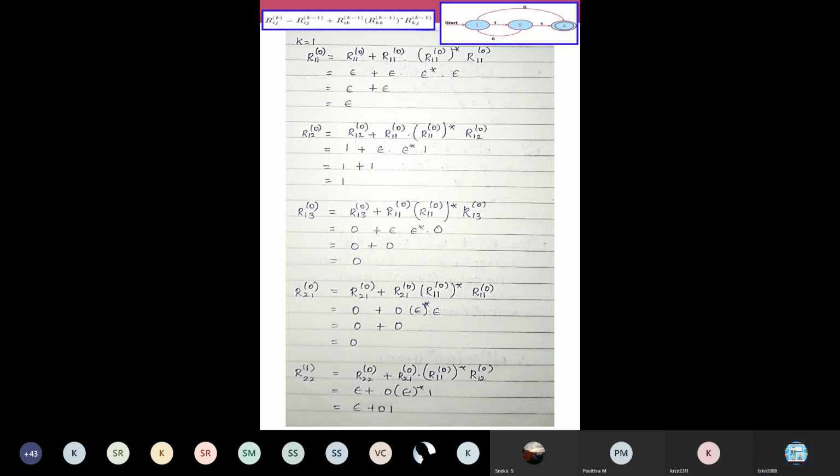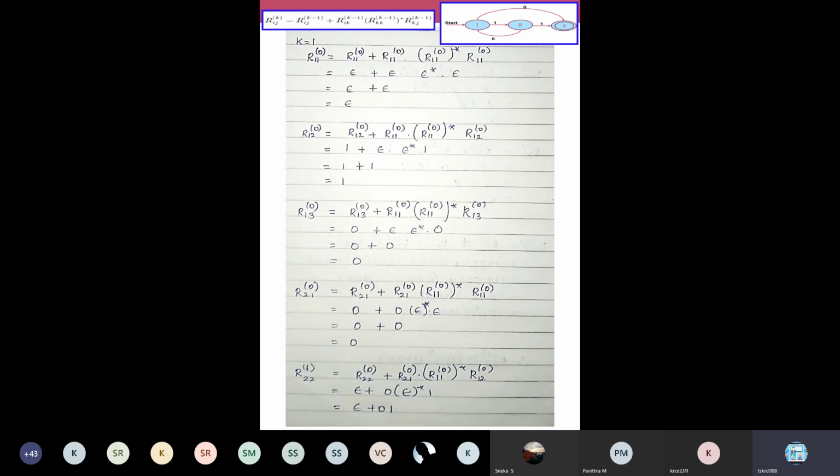Only two possible strings. But see if you can minimize this. You cannot do further minimization, because either epsilon has to come or 0, 1 has to come, so I cannot minimize it at all. I can represent them only using epsilon or 0, 1. So further minimization is not at all possible. Only if there is a star somewhere can we try to minimize that larger expression. If the expression has no star pattern and is already simplified, just leave that, it will be the regular expression. You cannot do further minimization. So epsilon plus 0, 1 will be your minimized expression for this R22 of 1.